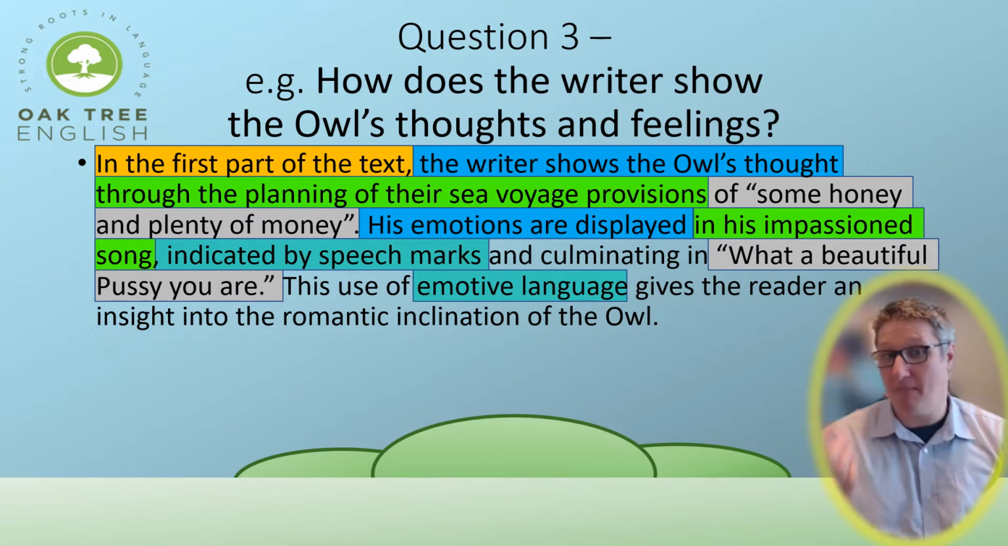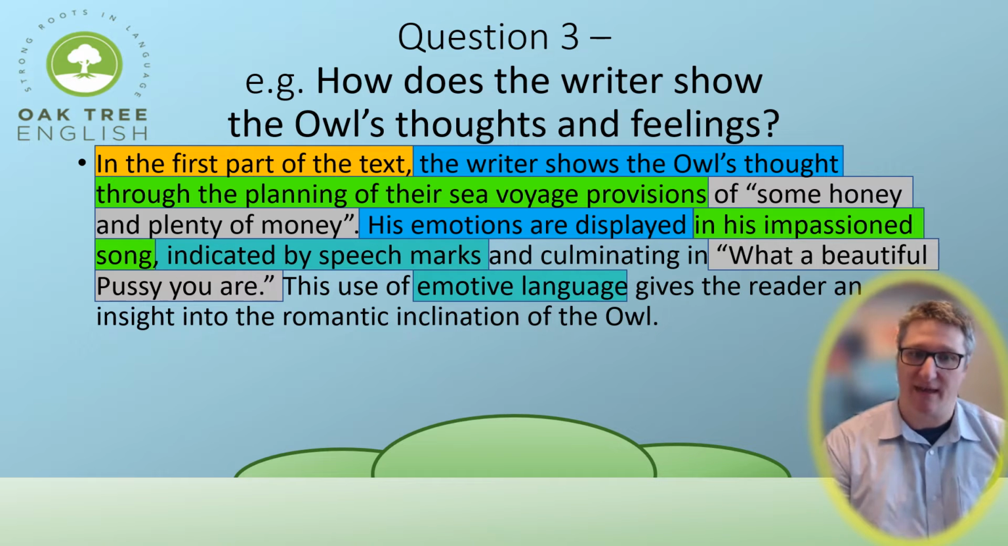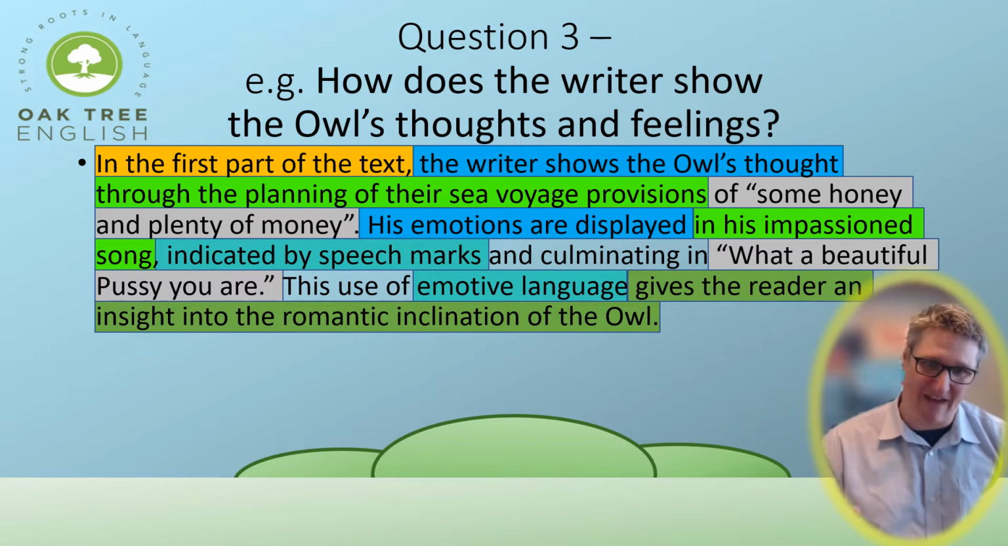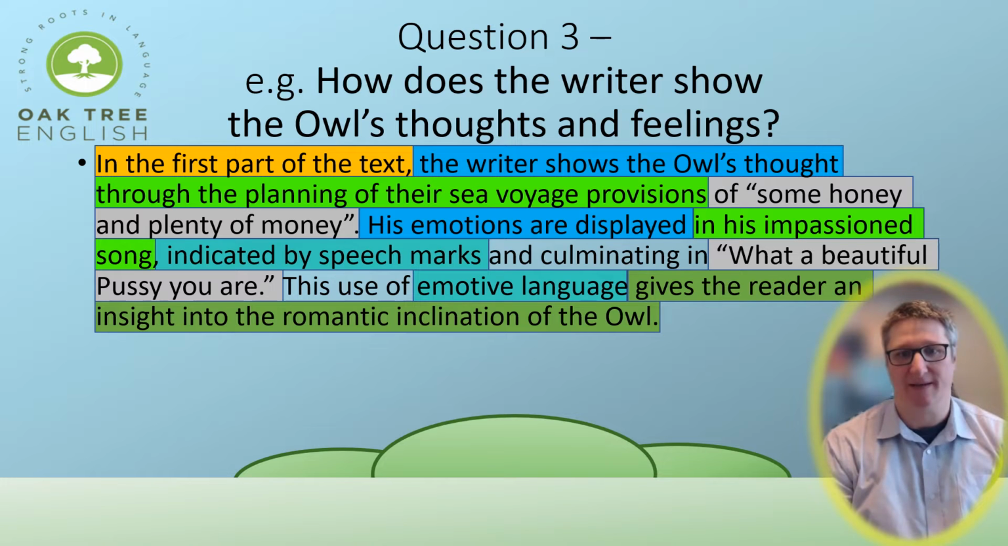This use of emotive language, another technique there, gives the reader an insight into the romantic inclination of the owl. This is the effect of that emotive language. This is an example of a P paragraph. Would you like to see another? Well,